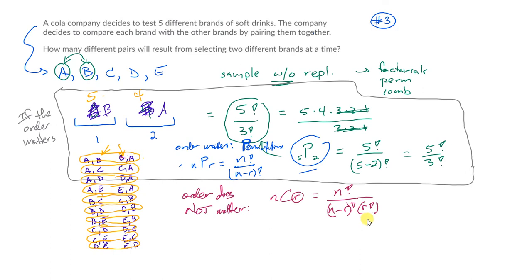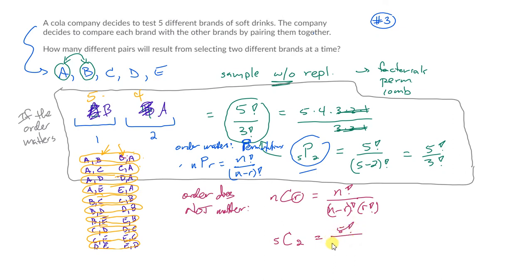When order does not matter, things that used to be counted as different items, AB used to be counted as different from BA, you're grouping them together now and counting them as one item. Okay? So in my case, I've got 5 soft drinks, and I'm combining them 2 at a time. C is because the order does not matter. So that's going to be 5 factorial